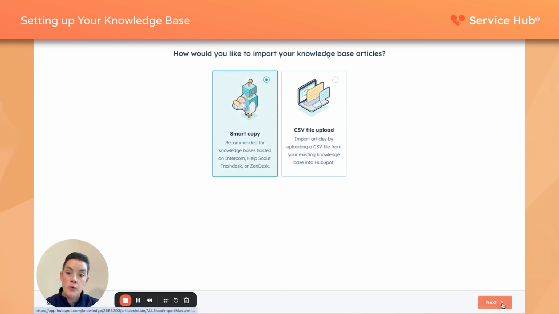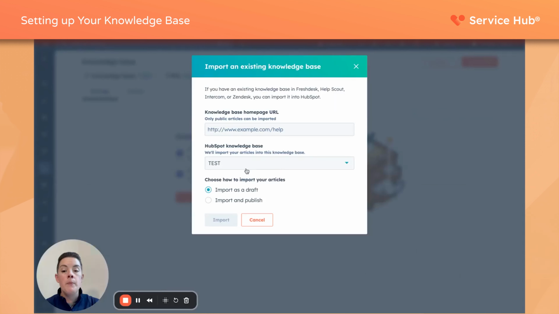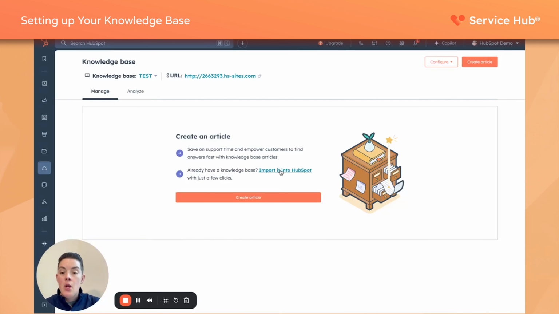So you could follow through with this widget and copy over former knowledge base articles that are existing if they're updated, if they're correct. I, of course, recommend importing it as a draft because perhaps you didn't have categories or you've changed them since from your last knowledge base. So don't import and publish right away, right? We could also